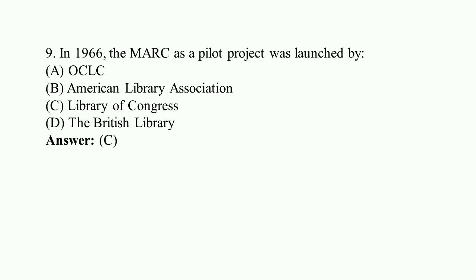It is a format of cataloging system, and in this format, if the bibliographic description is entered, the machine, that is the computer, can easily identify every detail of the particular document. Every detail means who is the author, what is the title of the document or book, what is the ISBN number, and from where it is published.